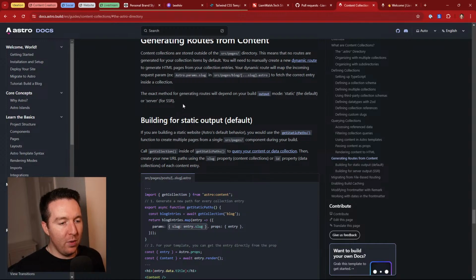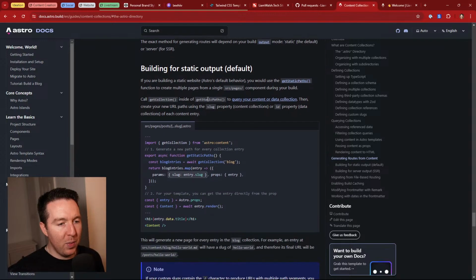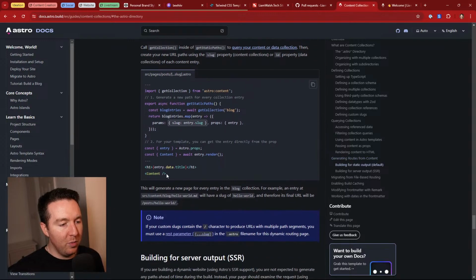If you're building a static website, Astro's default behavior, you would use the getStaticPaths function to create multiple pages from a single source pages component during your build. Call getCollection inside of getStaticPaths to query your content or data collection. Then create a new URL path using the slug property for content collections, or the id property for data collections, for each content entry. So it's basically just what we need